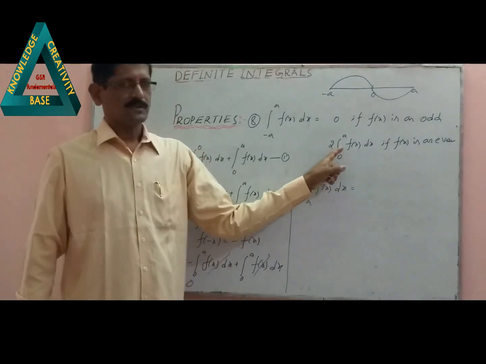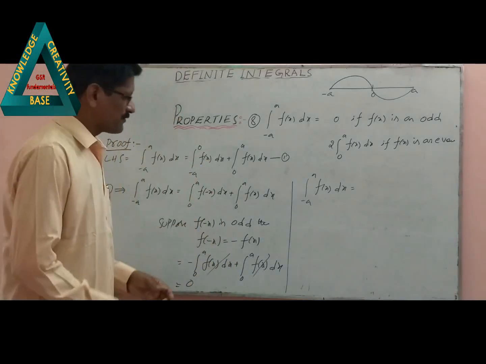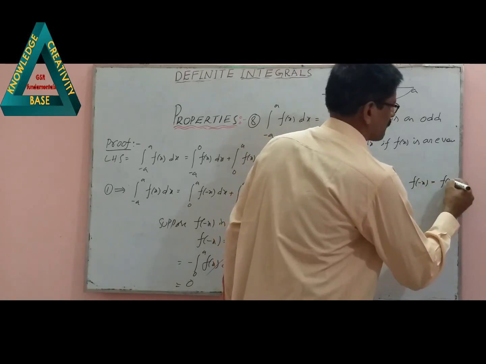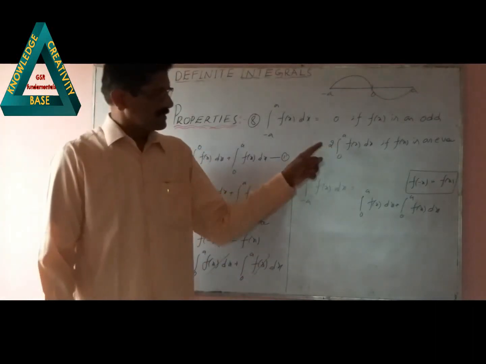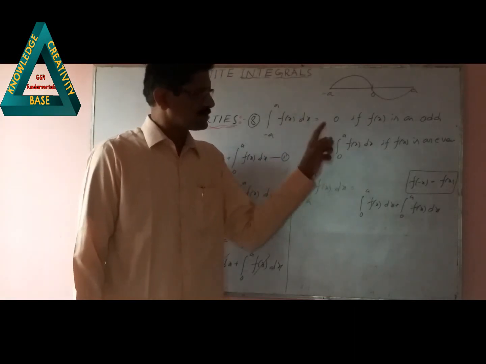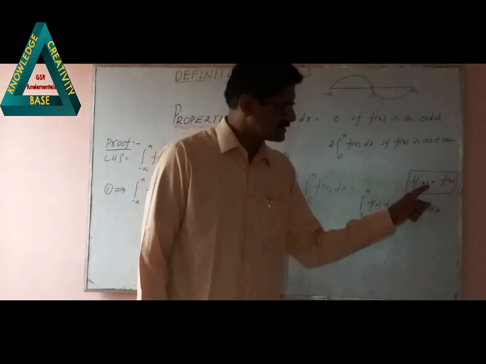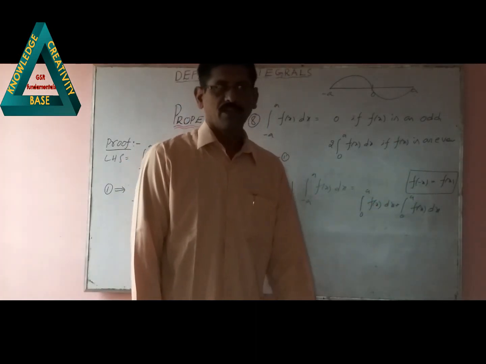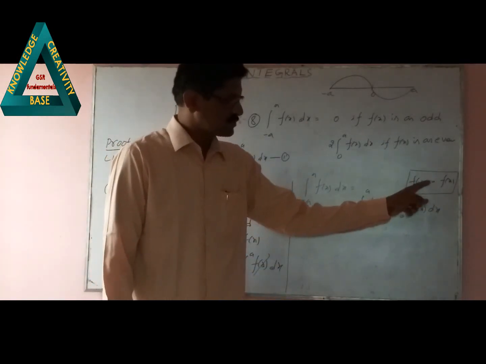What about second case? This is second case. In the second case, if f of x is an even function, by the definition of even function, that means f of minus x is equal to f of x. This is the definition of even function. So second result: integral minus a to a f of x dx is equal to 2 times integral 0 to a f of x dx whenever f of x is an even function. By the definition of even function, f of minus x is equal to f of x and రాసుకోవచ్చు. ఈవెన్ ఫంక్షన్ యొక్క డెఫినిషన్ ప్రకారం f of minus x అన్న చోట f of x రాసుకోవచ్చు. ఇందులో ఆడ్ ఫంక్షన్ డెఫినిషన్ ప్రకారం f of minus x బదులు minus f of x ఎలా రాసుకున్నామో అదే విధంగా f of minus x అన్న చోట f of x రాసుకోవచ్చు.